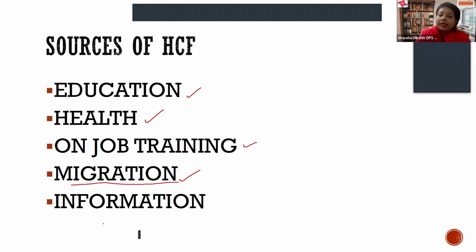And the last is information. The government of India, the various companies, and the various educational institutions keep floating various information. But if this information does not reach the appropriate person at the accurate time, then it is of no use. So for human capital formation, again, it is very important to be informed. You can relate it to yourself: after 12th, you need to seek your colleges and future courses. You must keep updating yourself with the various information on websites, in newspapers and on many other platforms, because this information is going to help you become human capital in future.